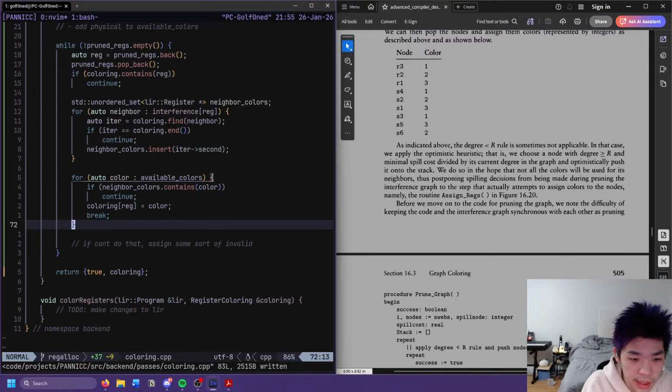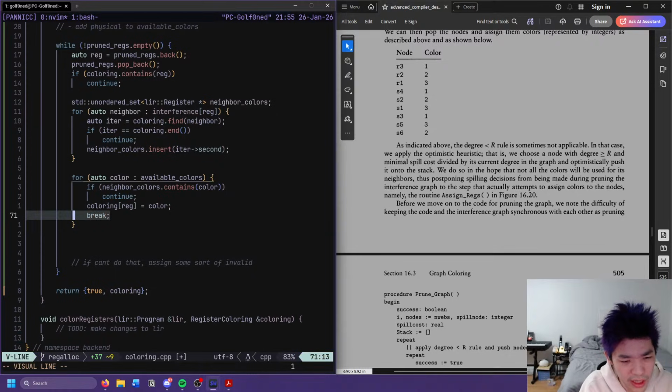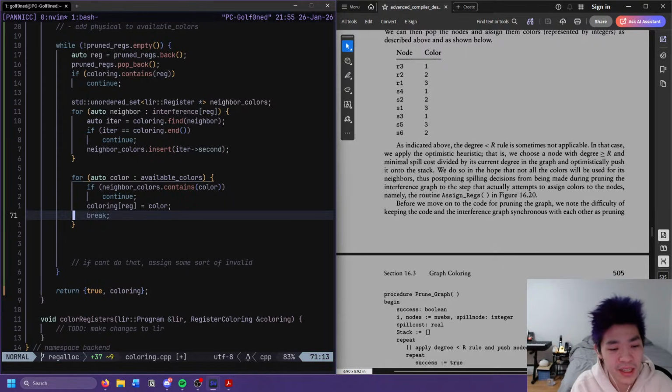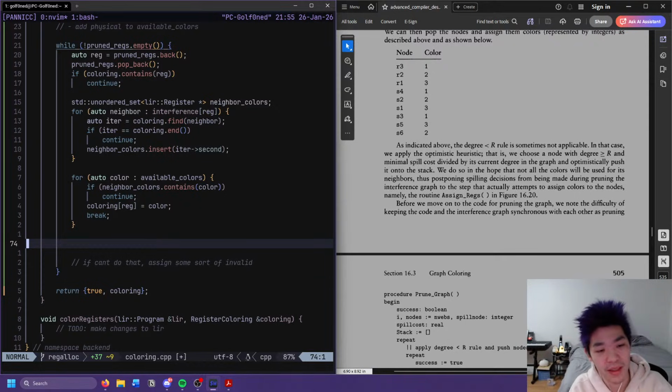Yeah, and then down here we need to figure out what to do. Which makes the break a little bit annoying, actually. This is not convenient. Because we only break out of that for loop. I don't want to use a goto. We could just use a flag, but that seems gross.